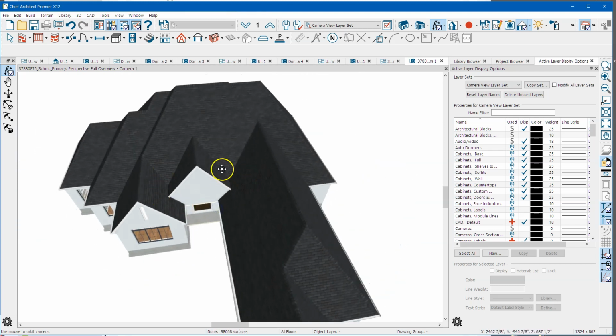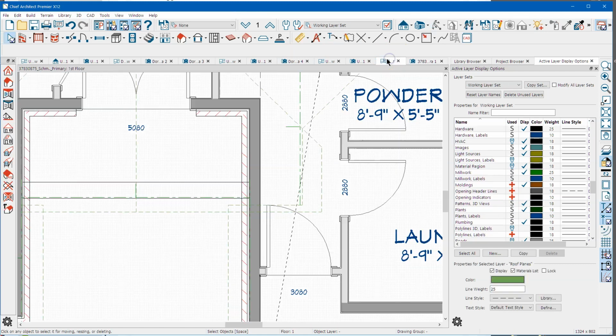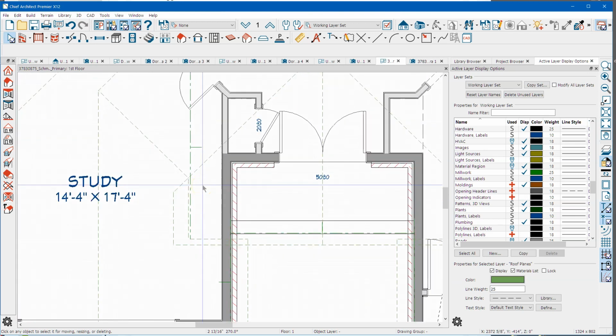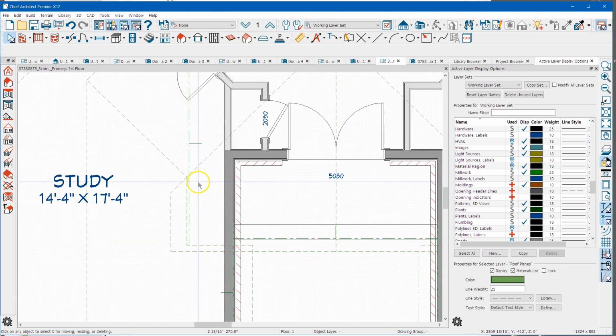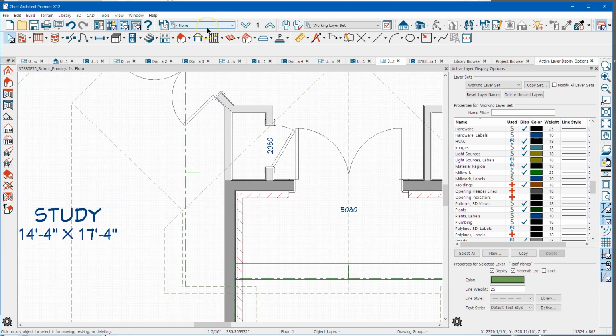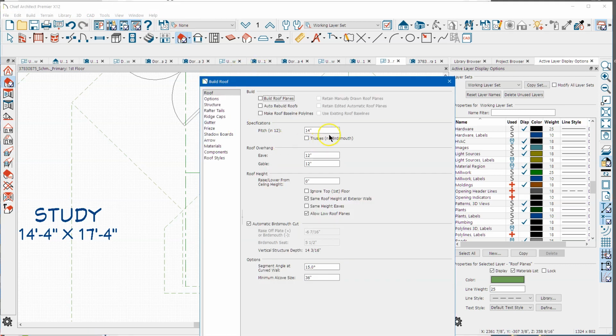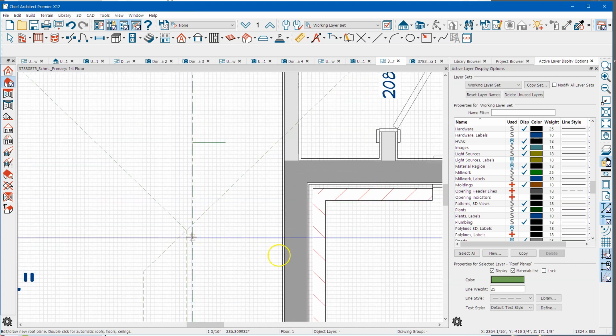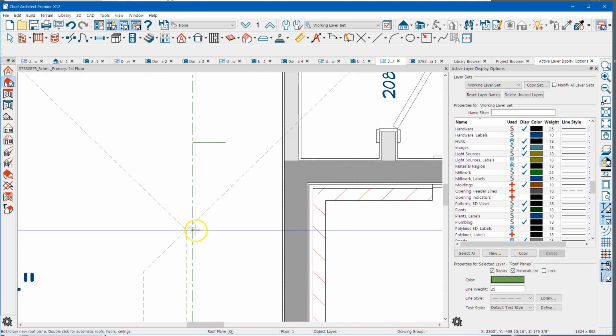You'll need some crickets in here, obviously. And you'll need to clean up some of this extra roof planes over here, but I'm going to go to Build Roof, and I'm going to change the pitch down to 5. Say OK. And all that does is when we draw a roof plane, it'll draw it at 5 and you won't have to change it. So if you zoom in here, I'm going to turn off this grid. If you zoom in here and find that point right there,